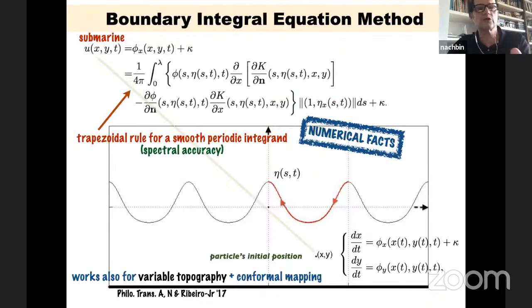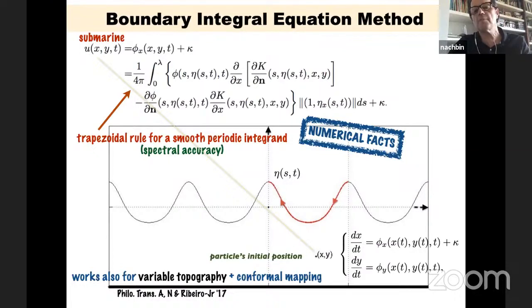Why an efficient way? Well, there's this formula. It's not really complicated, just because it's written in some parameter, say the arc length of this periodic part. The nice thing is that the Green's function has its point in the interior, so it does not blow up on the border. So this is basically a periodic smooth function, and with a trapezoidal rule we get very accurate, actually spectral accuracy, and we can compute the velocity, dφ/dx, for our dynamical system with great accuracy.